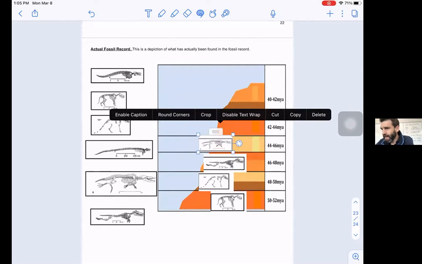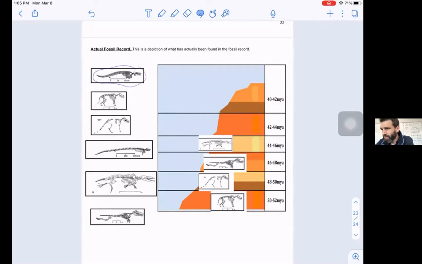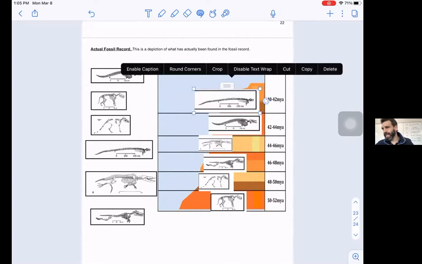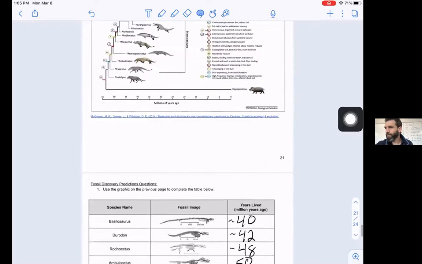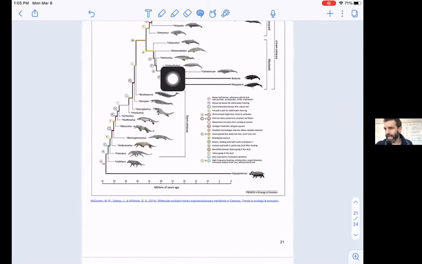And then we have almost whale looking here. And then finally here. And I'm basing that off of these ages that we recorded here, which are approximate, from this actual graph that paleontologists have put together of these fossils and the age of the rock that those fossils were